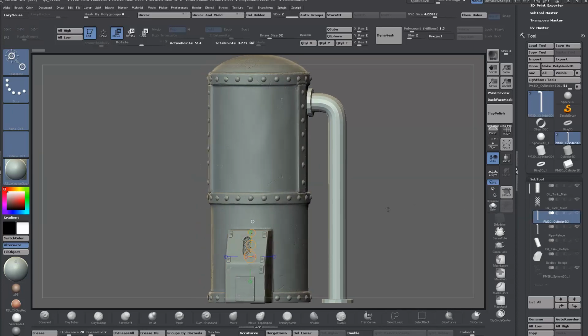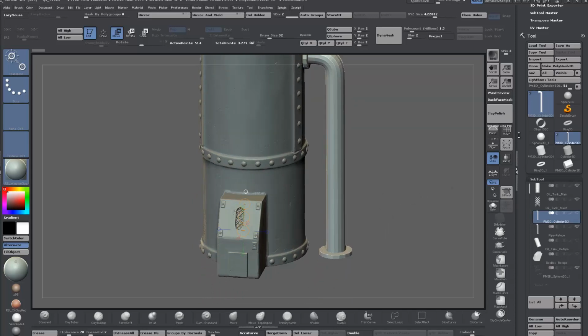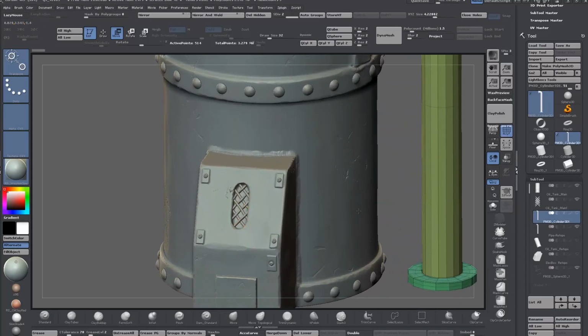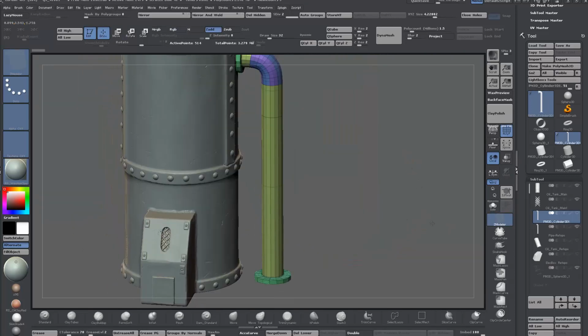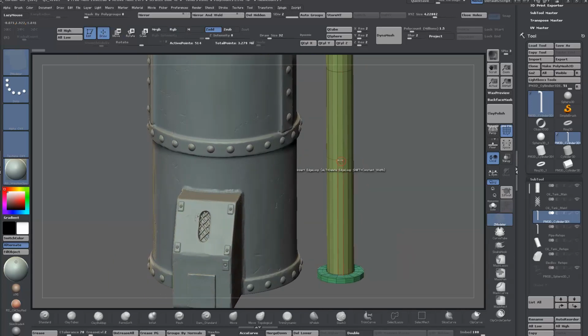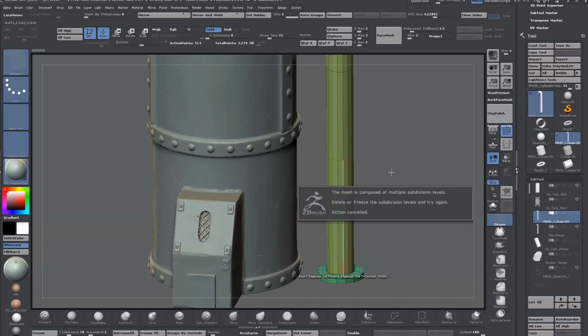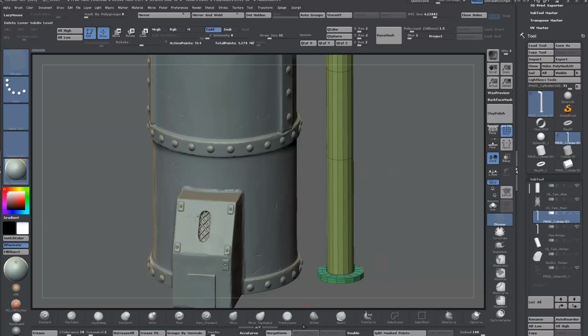What we'll do then is subdivide this one. I just want to make sure now when we subdivide, I want to add in an edge loop here, so this isn't stretching like we had the last time. So I'll just add in a loop. Sorry, I'm going to just delete lower and add a loop in here and hide the retopo. And now we subdivide, bring it up a couple of times, 500,000, and that should be good for